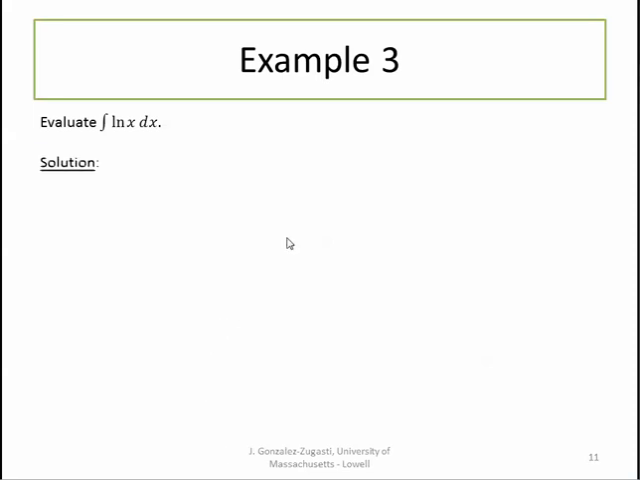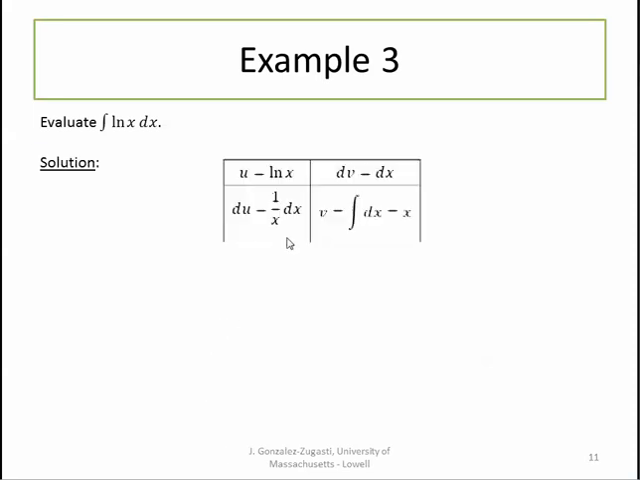So here's how we're going to do it. The first thing we're going to do is choose our u and our dv. So let's let u be equal to the natural log of x and dv be equal to dx. When I do that, I find that du is equal to 1 over x dx and v is equal to x. So writing this integral of natural log of x in the form uv minus the integral of v du,